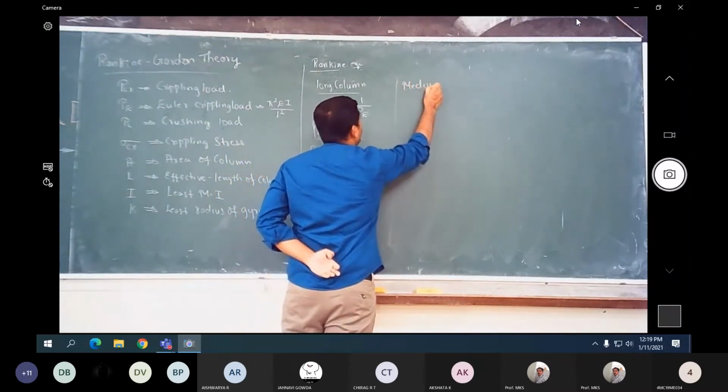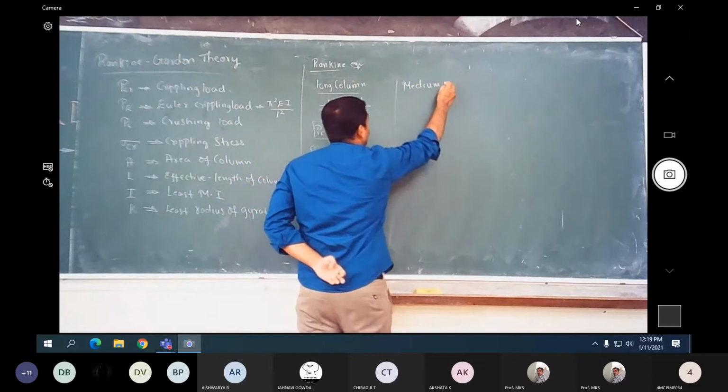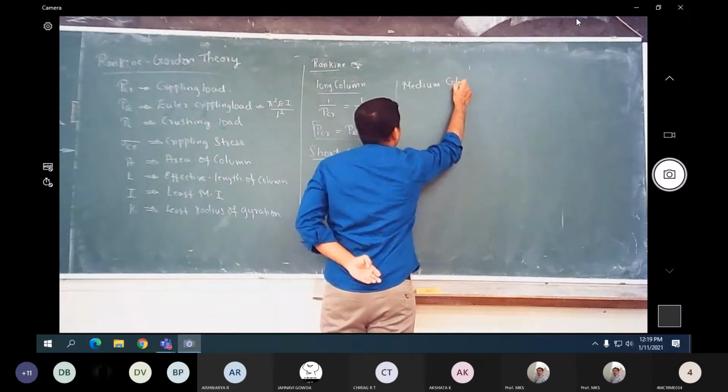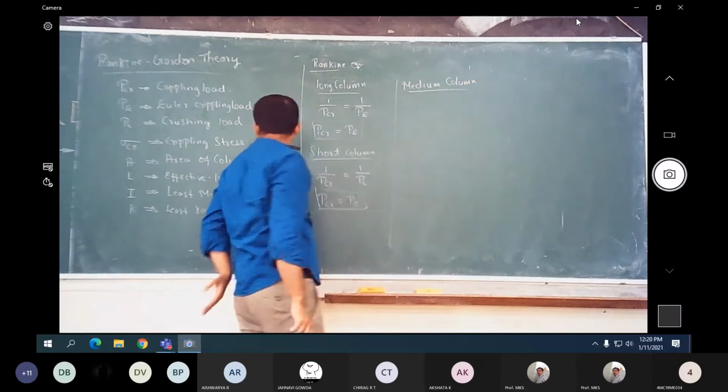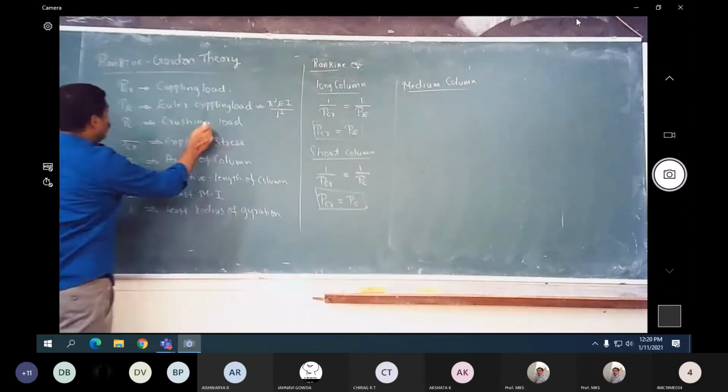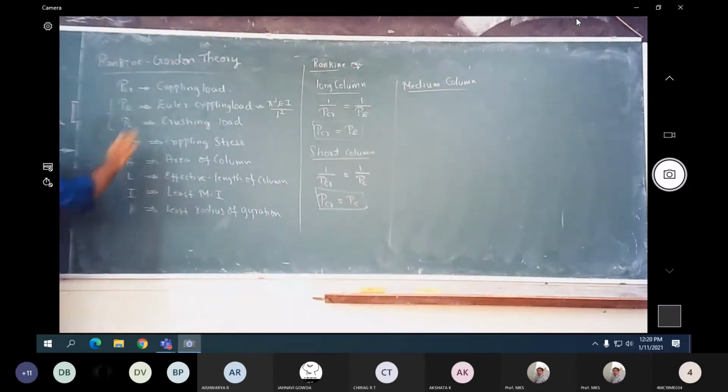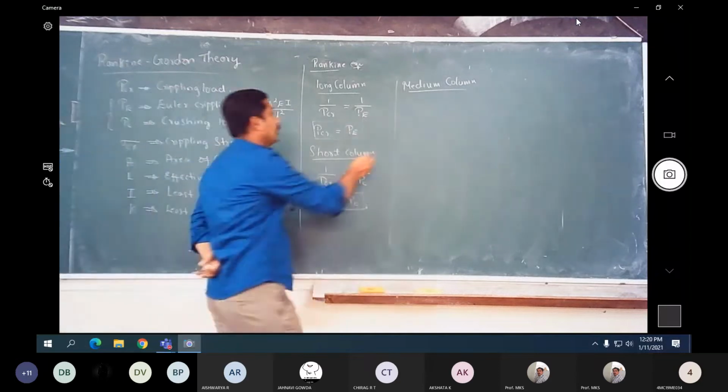So whether it is neither a short column nor a long column, it is only a medium column. The medium column will fail both due to the Euler, that is crippling load, as well as the crushing load. Therefore,